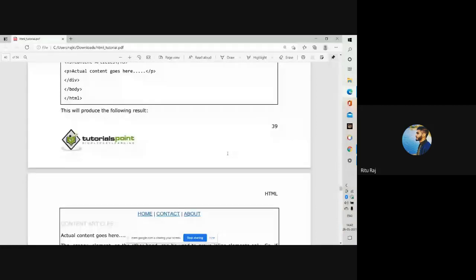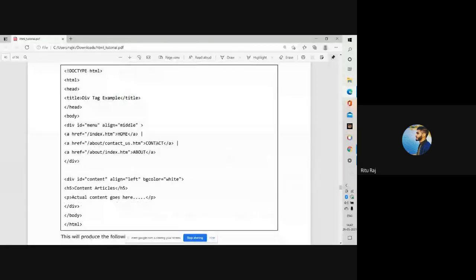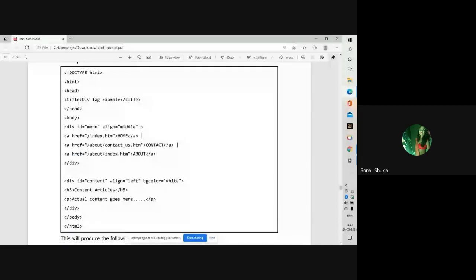See this is the example of grouping content.